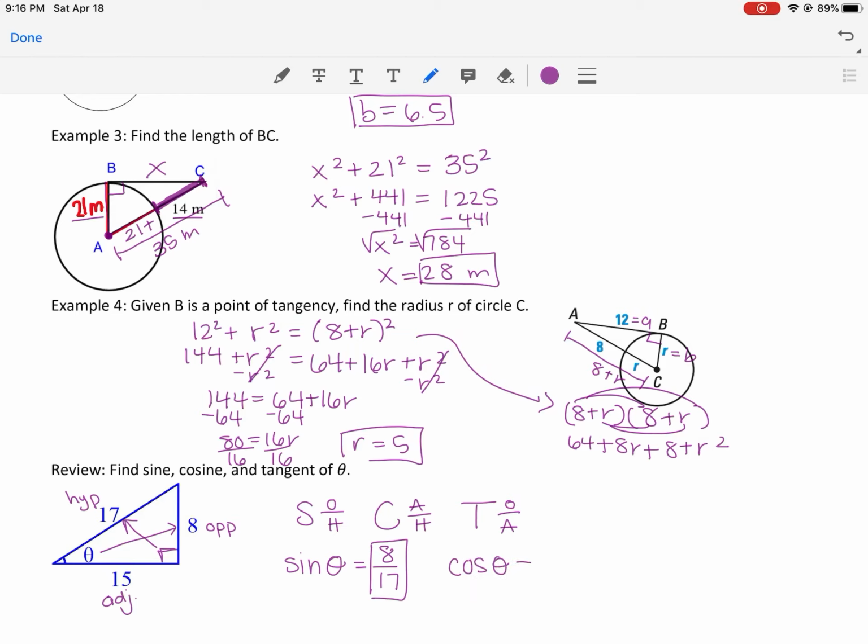Okay, let's do cosine. So cosine of theta is going to be the adjacent side, which is 15, over the hypotenuse, which is 17. Last but not least, we've got tangent. The opposite side is 8, and the adjacent side is 15. And you're all set. You should be good to go with the 11.3